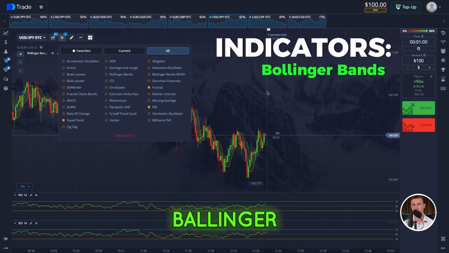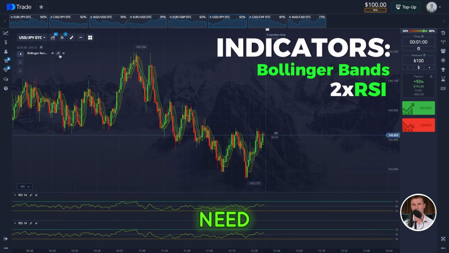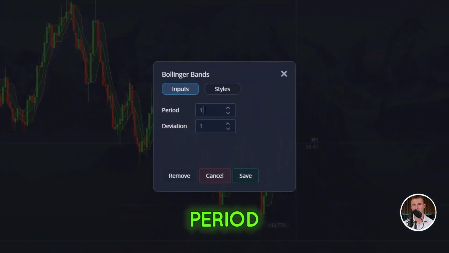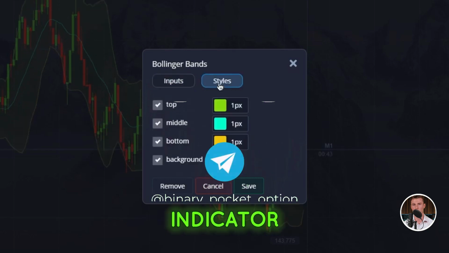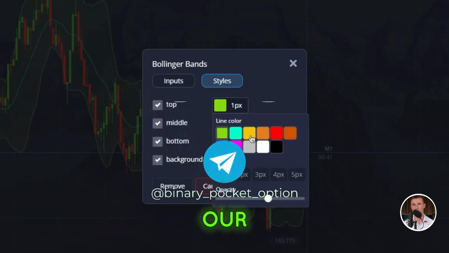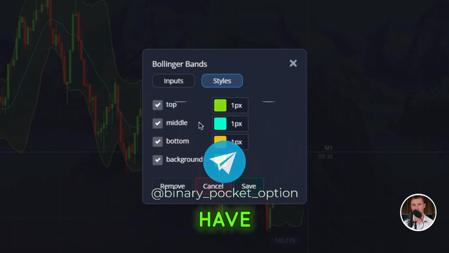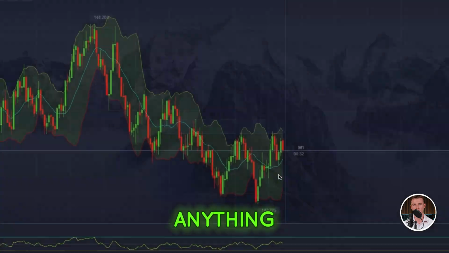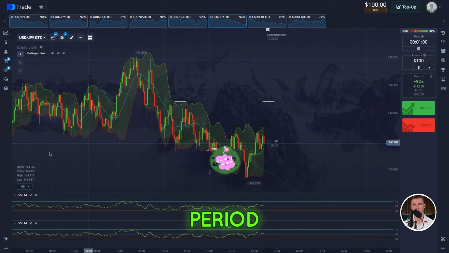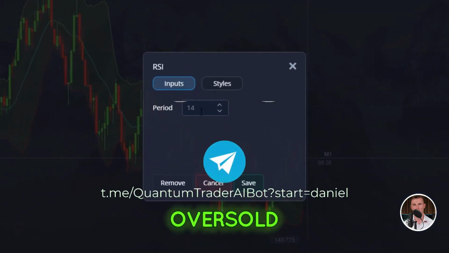Today we will have Bollinger Bands and we will have 2 RSI. We need to make a setting. We set the Bollinger Bands period to 13, deviation to 2, and change the visualization of this indicator. Then we adjust our RSI oscillators. We will have one with a period of 5. We leave the overbought and oversold area at 70 and 30. Do not change anything. The second, with a period of 10, we will also have an oversold and overbought area